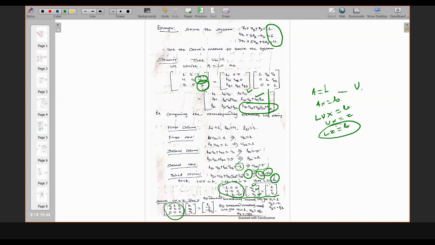So now you can go for the forward substitution method. That means you come from top to bottom to find the variables z1, z2, and z3. So by the forward substitution method, z1 equals 1, z2 equals minus 2, and z3 equals minus half. Okay. So once you obtain the z values, then you finally go for UX equals Z. That's why I had written here, solve UX equals Z for the unknowns, that is the required solution X.